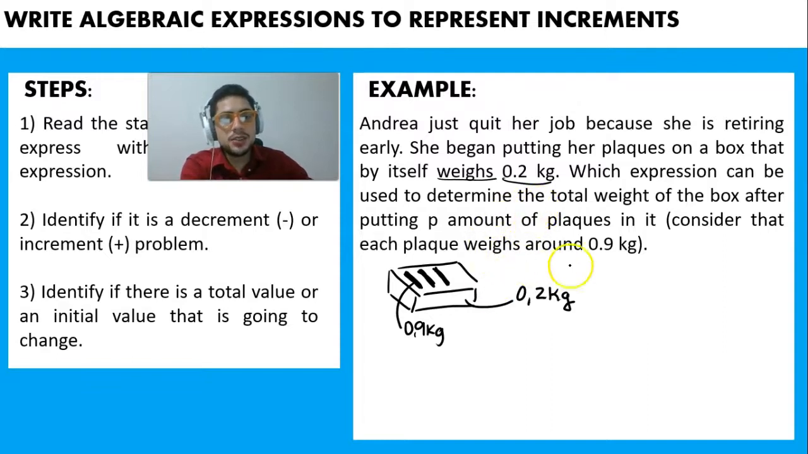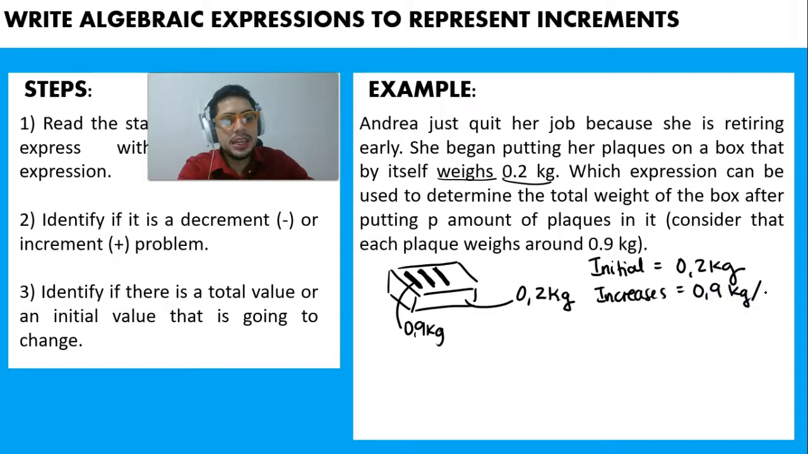So in this case, we're going to identify our initial amount, which is going to be the box being empty, weighs 0.2 kilograms. Then we're going to see the amount it increases, right? So in this case, it increases 0.9 kilograms per plaque, so each plaque, right? And then how often? With each plaque,